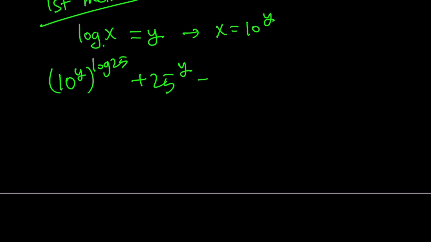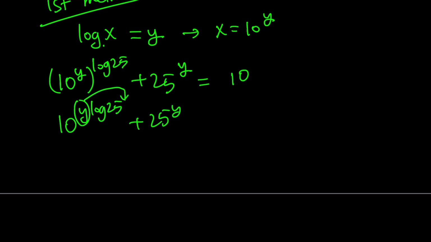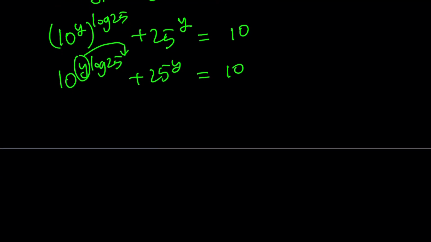Anyway, so this is equal to 10, right? And does that mean anything? We have a power of 10, we have a power of 25. Interesting. Let's see. So we're going to multiply these, and then we're going to move this and make it an exponent. So I'm going to use substitution here. Let's write it as 10 to the power log 25 to the power y plus 25 to the power